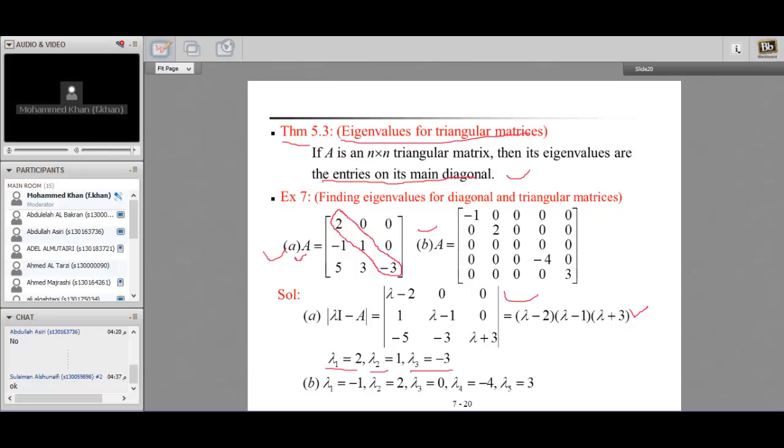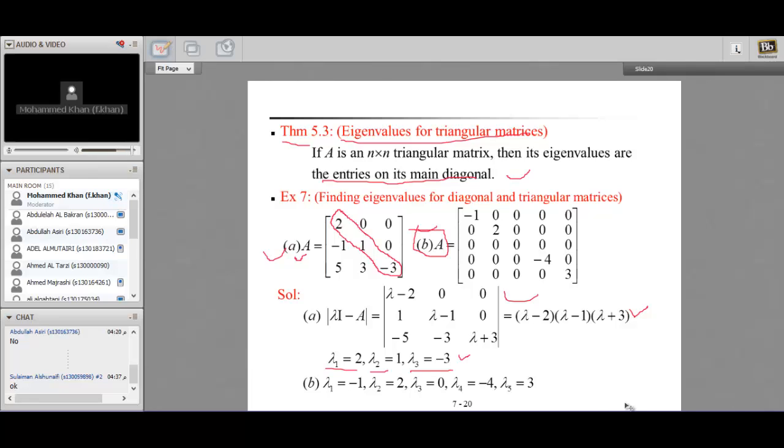By the theorem, whenever we have a triangular matrix, either upper triangular or lower triangular, the eigenvalues are its diagonal elements. So that's why we put the answers. Similarly, there is another type of problem, type B. It says that